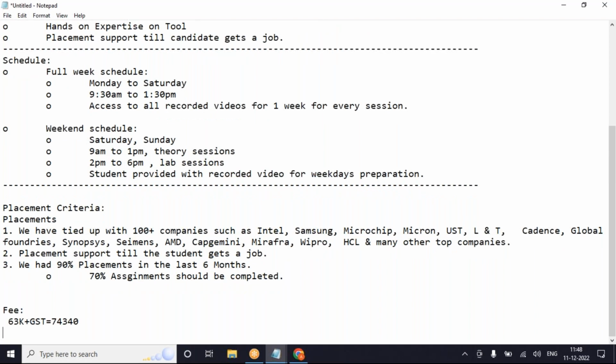Now, this fee you can pay in installments as well. You can pay it in 2 to 3 installments.